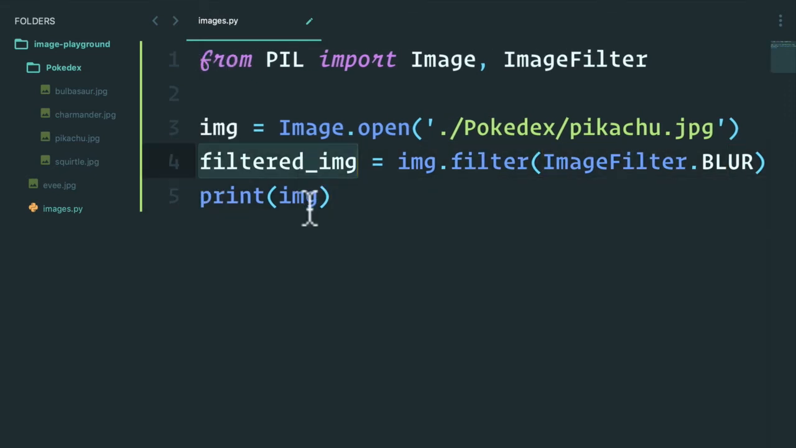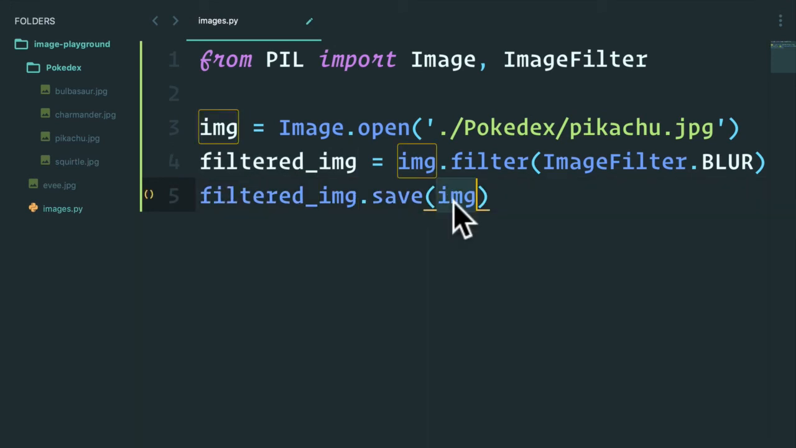Instead of printing, I'm actually going to say image dot save, and this is going to save the filtered image. So let's do filtered image dot save, and give it, let's call it blur, comma, and then the extension that we want to save it in. Let's just do PNG here. We'll change it to a PNG file, like this. And if I run this,